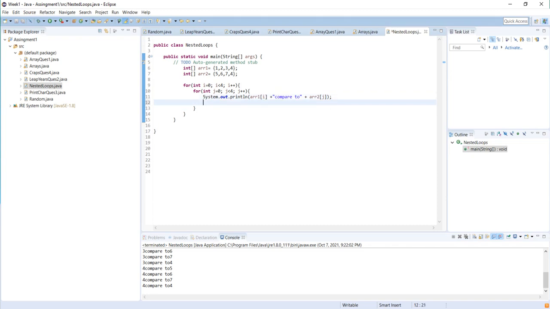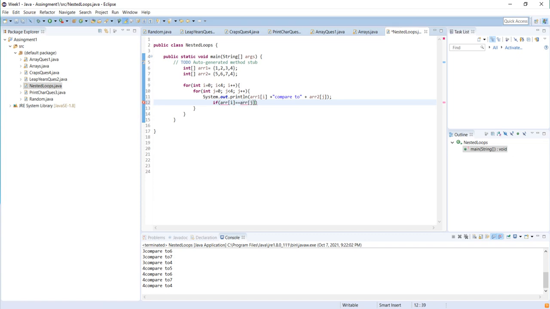Say if I want to create a special condition, so when it finds the common element, it should display something. So I'm gonna just compare with the j.